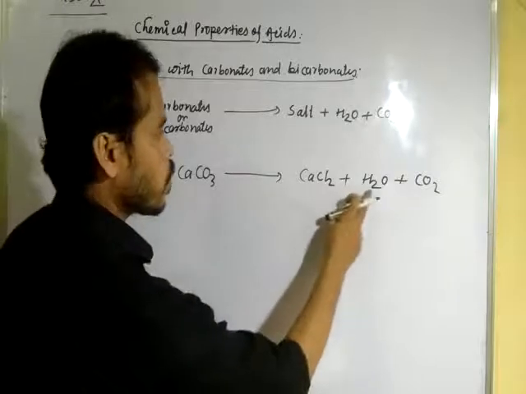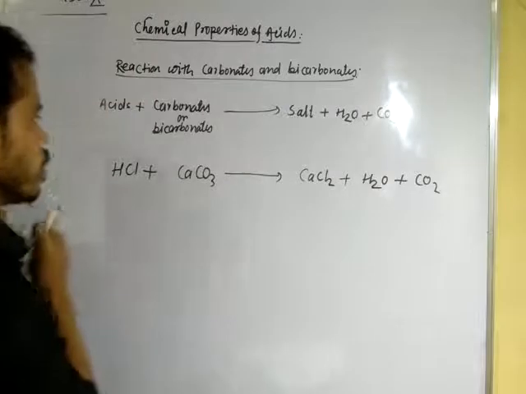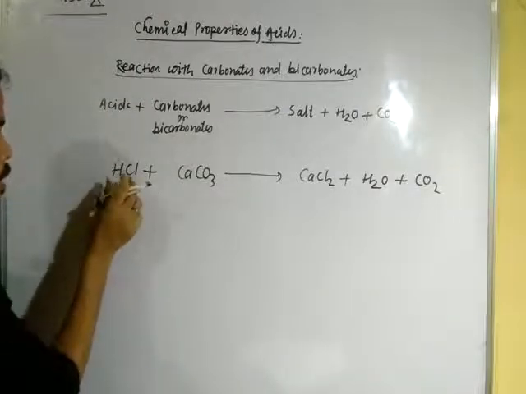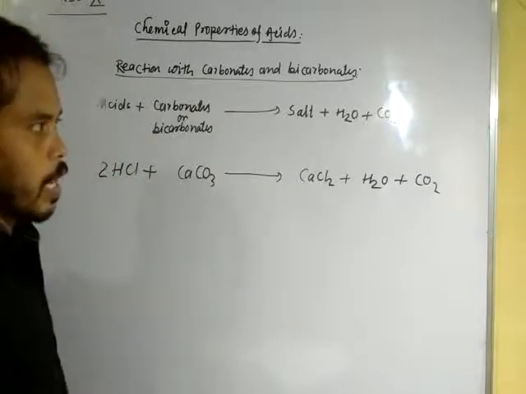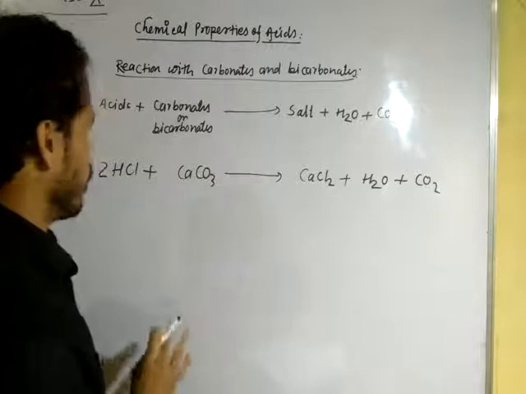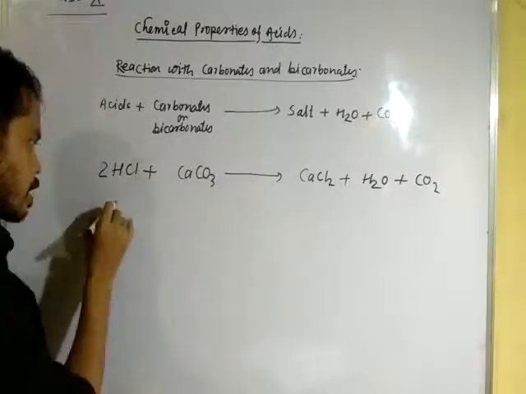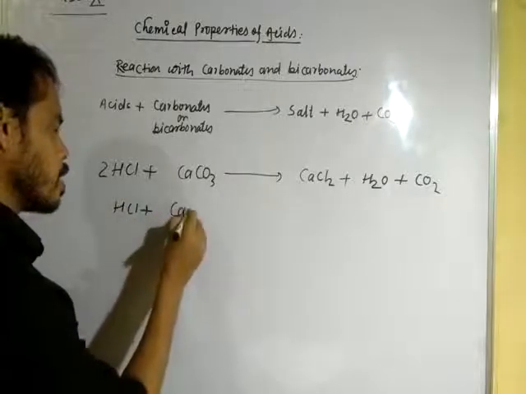Here 2 chlorine, 2 hydrogen. To balance the reaction, we have to multiply the acid HCl by 2. Okay, I think the reaction is balanced. Clear? Next one is, in this reaction, again HCl treated with bicarbonate,